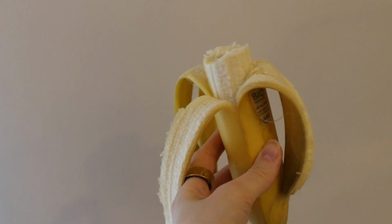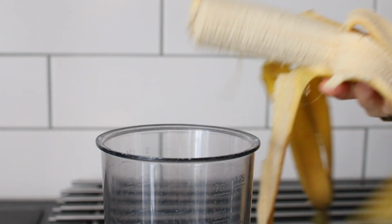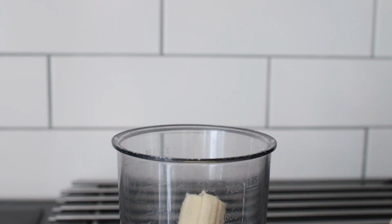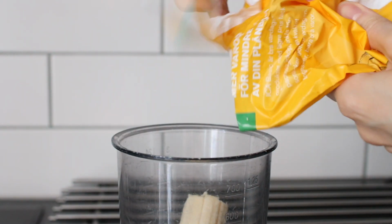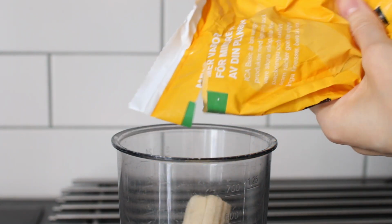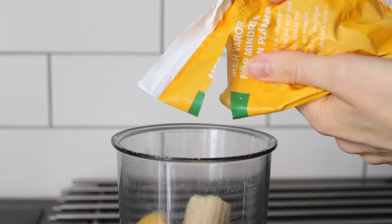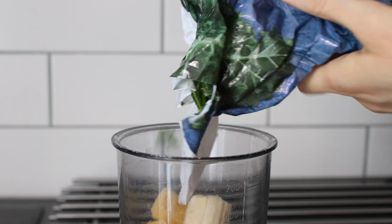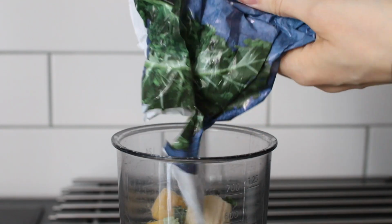I started this day with half a banana before my workout, and after my workout I made a smoothie with the other half of the banana. I also added frozen mango. Then I added frozen kale, and I know I've said before that I always want to add blueberries to my